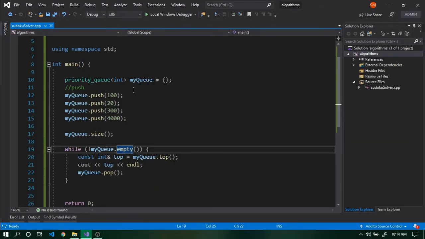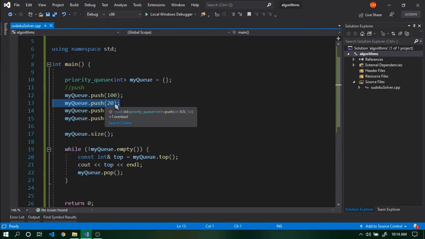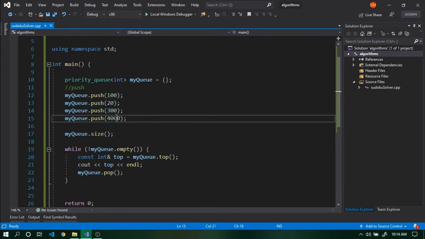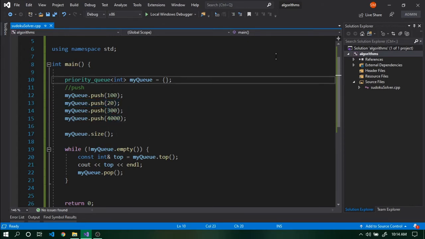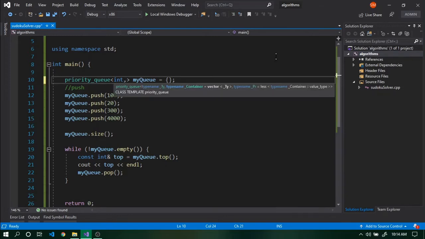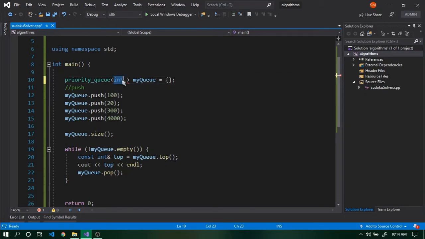Now let's say you want to define this priority as you want. You want to give higher priority to the lesser value, and then give priority to the other values. To do that, we can use this template signature. To define a priority queue, we give as the first argument what the item type is, and the second thing is the kind of container you want to use.